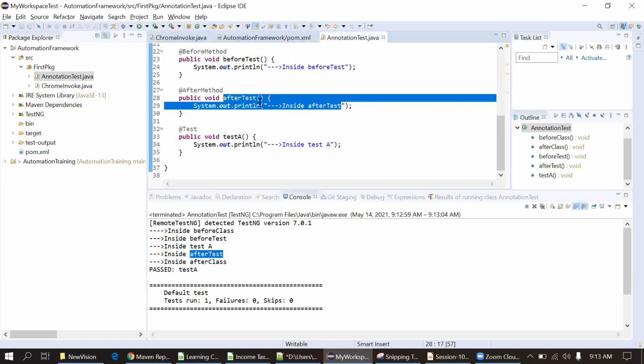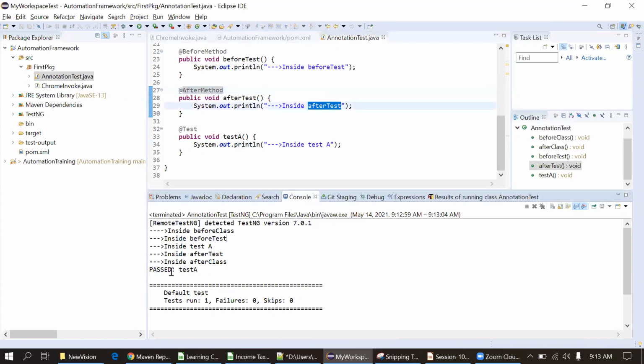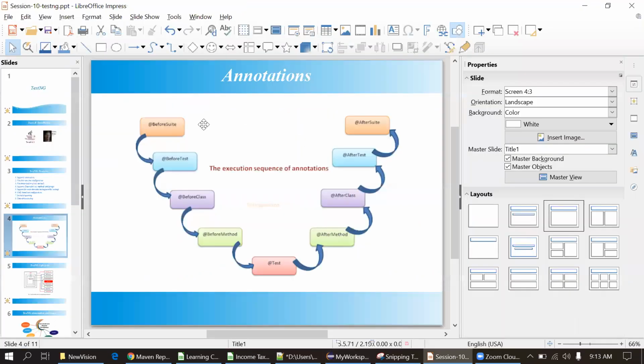So just forget about this printed statement. So it's inside after method and then inside after class. This is the sequence TestNG follows. From left to right, the sequence will be followed for the execution. So for any doubts in the annotations, you only have to remember the annotation sequence. That's it.